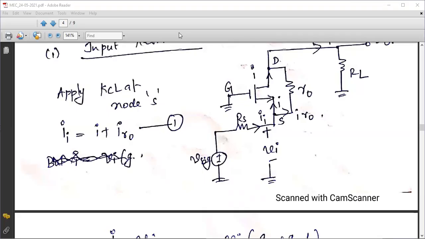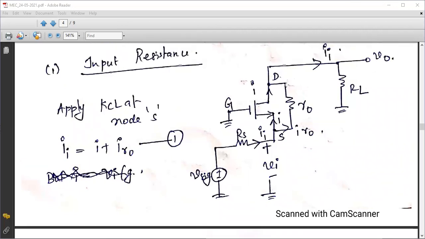So now you got the expression for small letter i, that is, let it be equation number 2. Now we will find IR0, that is the other component that is passing through the resistance R0. So you know that current is nothing but the potential difference divided by resistance, isn't it? So let me know, what is the potential difference across R0?